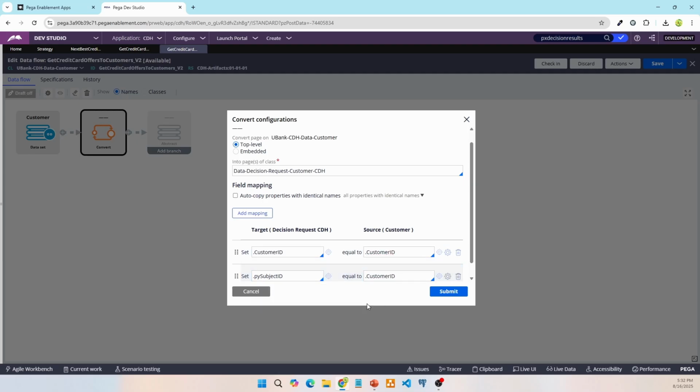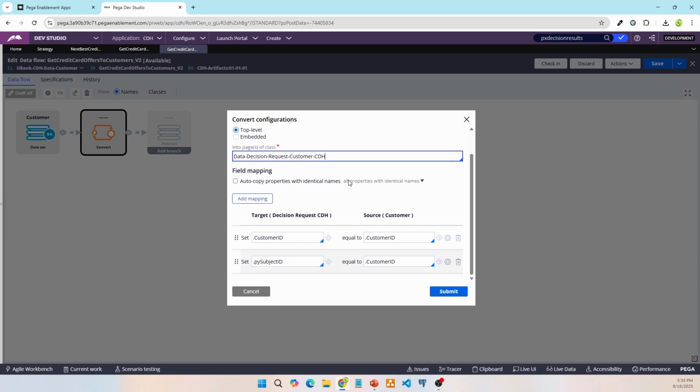Okay. Basically, what is this mapping? So I'm converting the records PX obj class to a different class, correct? And while converting, a new page gets created of the class data decision request customer privilege. And in the new pages, we will have these two attributes, customer ID and PY subject ID, which are mapped